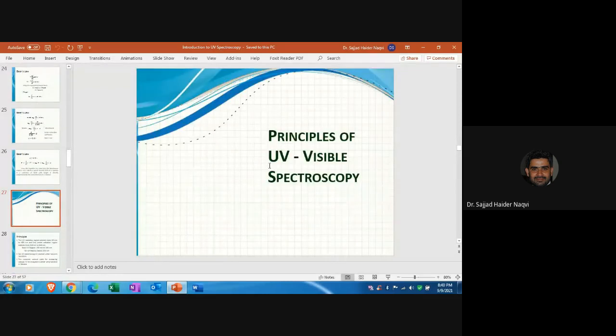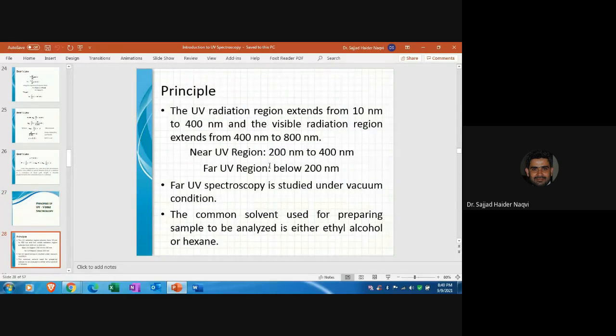So that's about the Lambert and Beer law. Now we start towards the principles of the UV visible spectroscopy, the ultraviolet visible spectroscopy. As I mentioned in the spectrum earlier on that